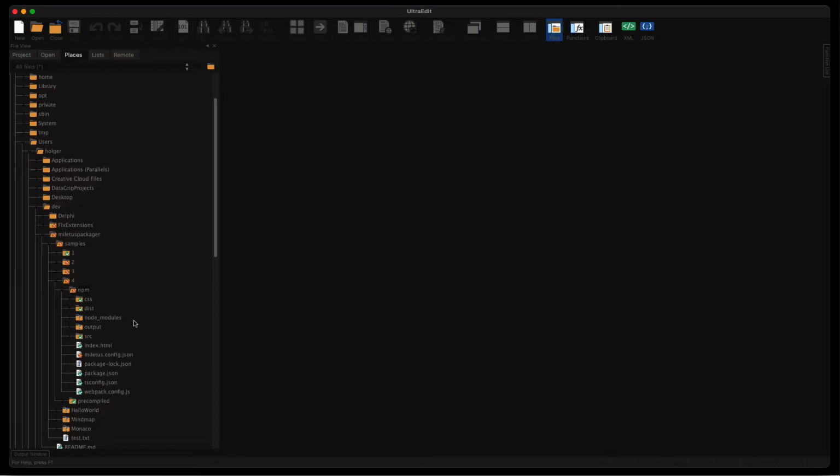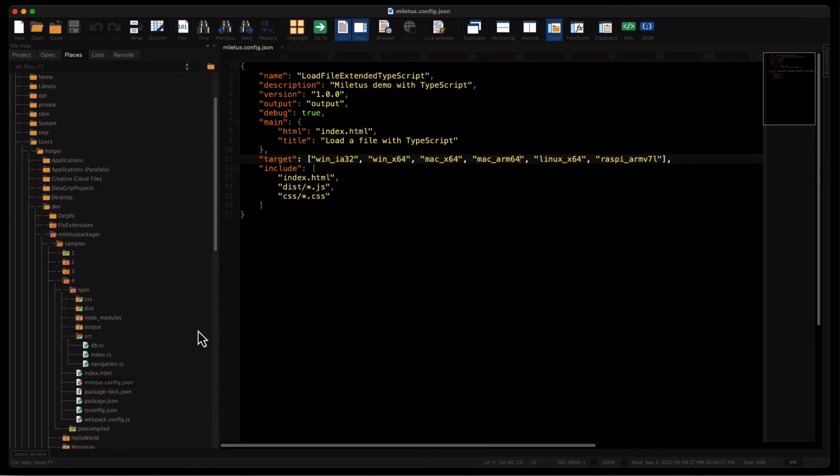At the core of each application that you can package with Miletus is the source code, which is TypeScript in this case, consisting of 3 files, and additional Node modules. All of them are being packaged using the web packager of NPM. In order to start your application or to have an entry point, you need an index.html or other HTML page that links to that application. Furthermore, and that is the key of the Miletus packager, you need the configuration file.